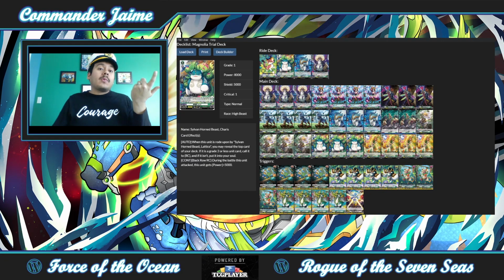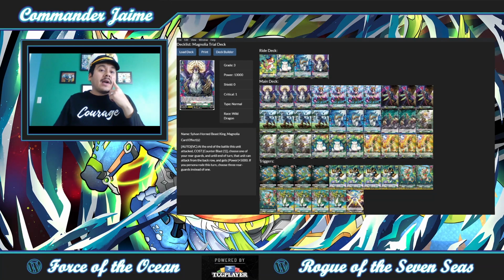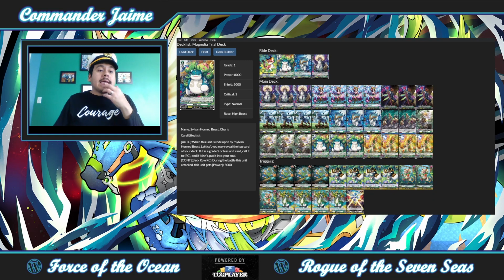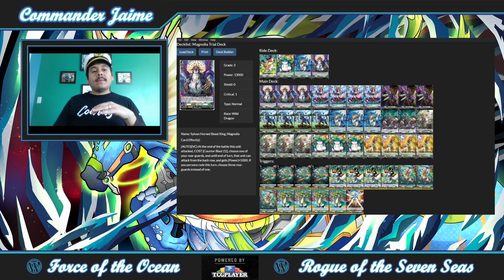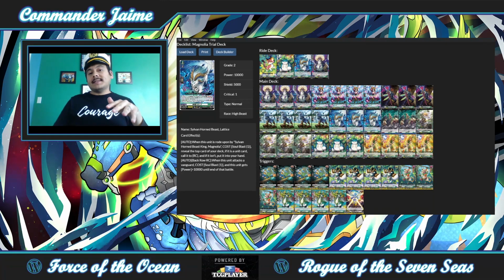You can change up the right lineup too, potentially. I don't know if it makes sense or not. Maybe you can switch out the grade 1 for the grade 1 Chain Ranker, because when you ride it you get to kind of filter, and honestly when you go to Lattice it's more of a setup turn, and then when you do Magnolia you trigger Lattice at that point,